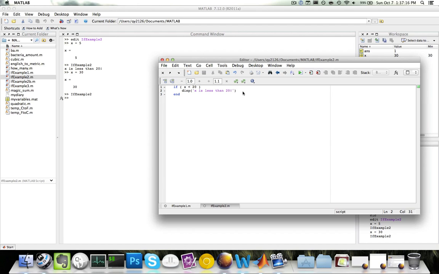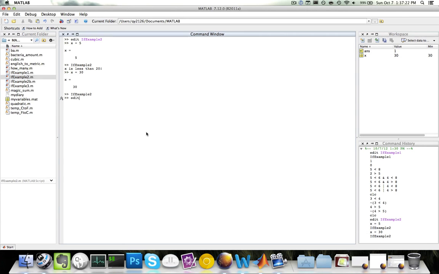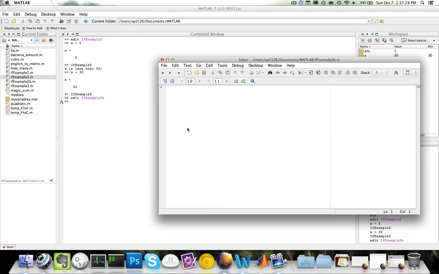Now we can further enhance our if statement using logical operators. Let's look at another example, if example 2b. Now I would like to test for the value of x and y at the same time. So I will have the following. If x is less than 20 and y is greater than 5,